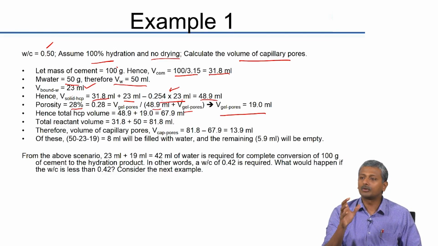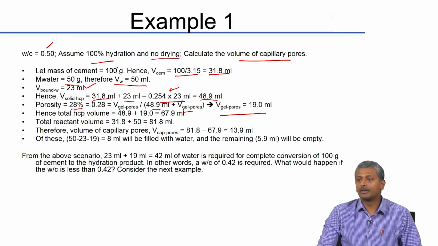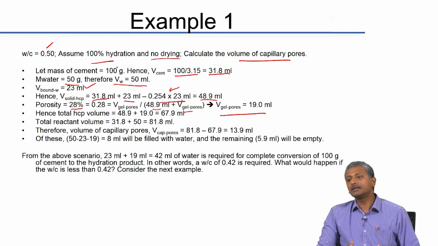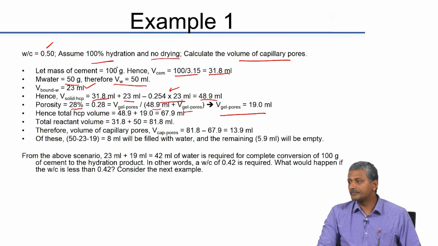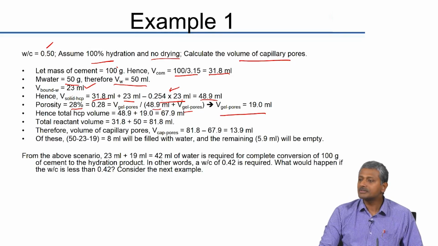So what does that tell you about systems which have 0.42 water cement ratio or higher? If my water cement ratio in the system is 0.42 or higher, I can get theoretically a system that hydrates completely. If I have anything less than 0.42, some part of cement only will hydrate, okay,